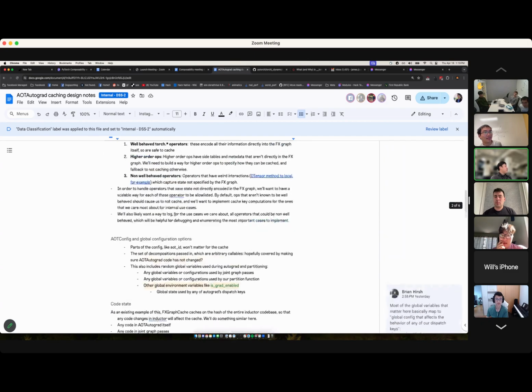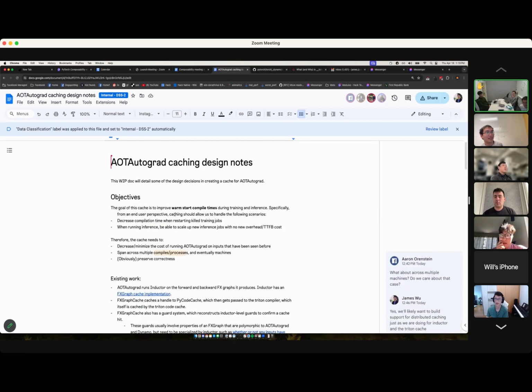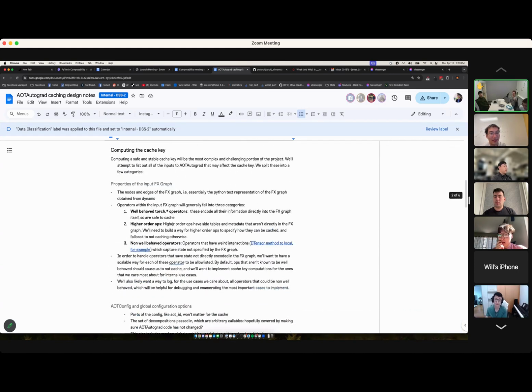I was going to say, do you have any thoughts on all that? Sorry, like, how much does it actually matter in practice? We're looking at the three types of categories of things in the Dynamo graph today: torch.star, higher order, and then non-well-behaved. It feels like two and three are the thorny things to solve, and then caching well-behaved torch.star ops